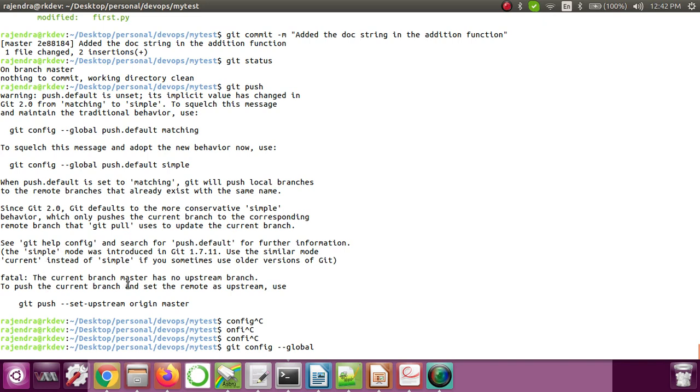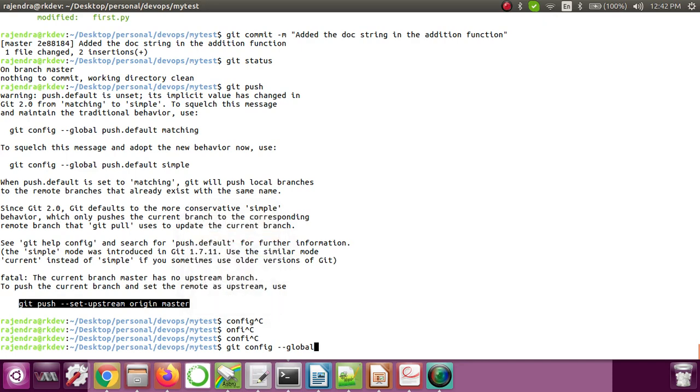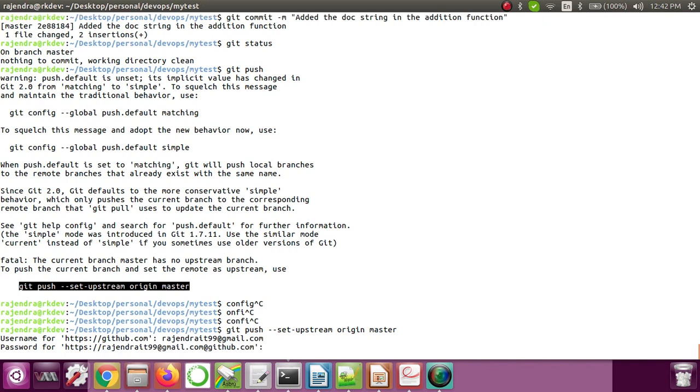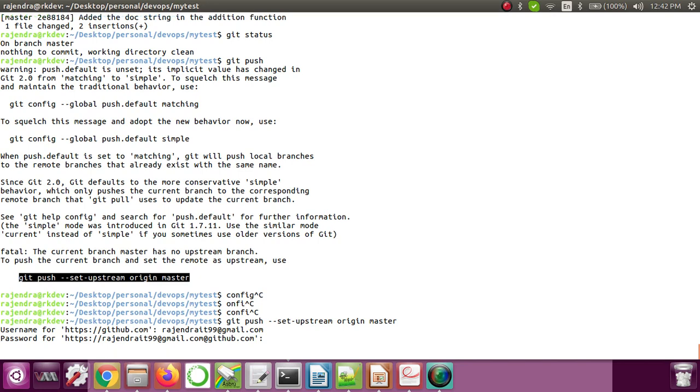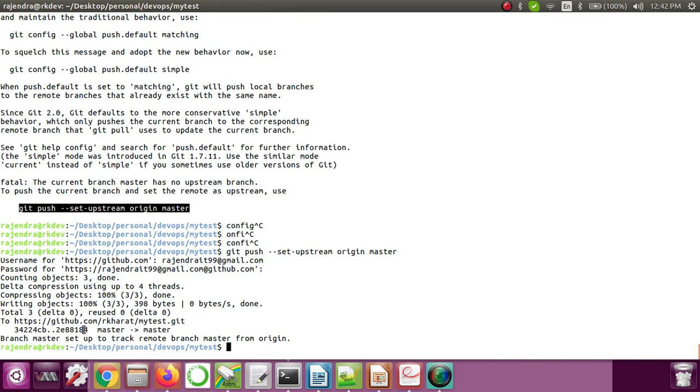So what it is saying, the current branch master has no upstream branch to push to the upstream branch. It is saying use this command. Okay, so let me just use this command as is. Now if I run this, it will ask for the details. Let me add the details. Credential, in fact it is asking, so let me put the credentials, username, let me put the password. Okay, that's it. Now changes got pushed into the